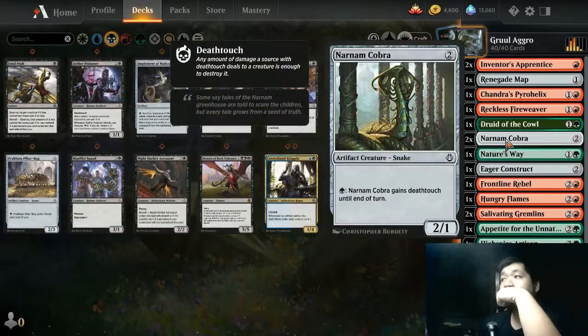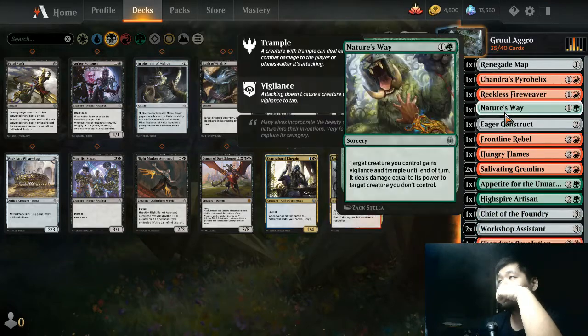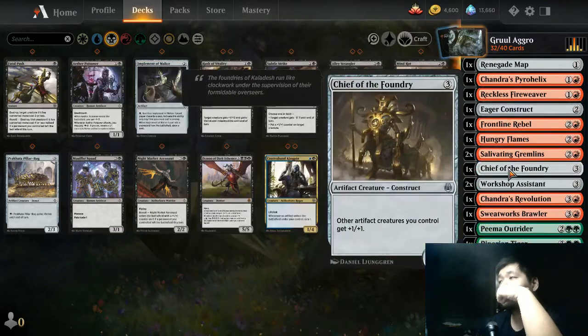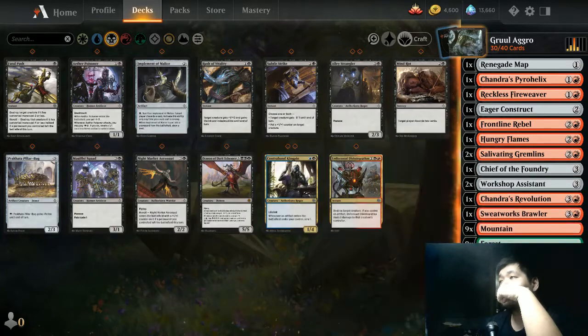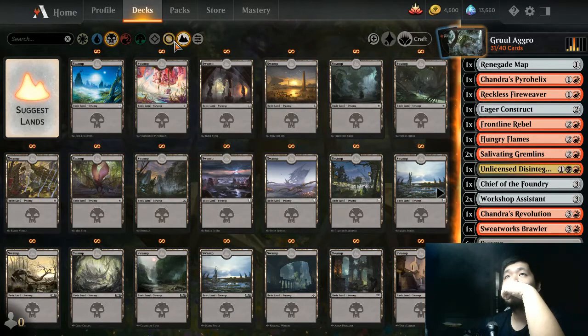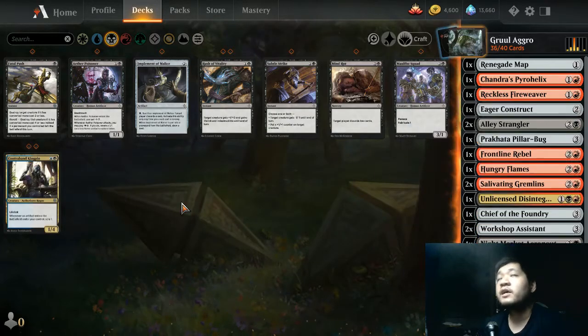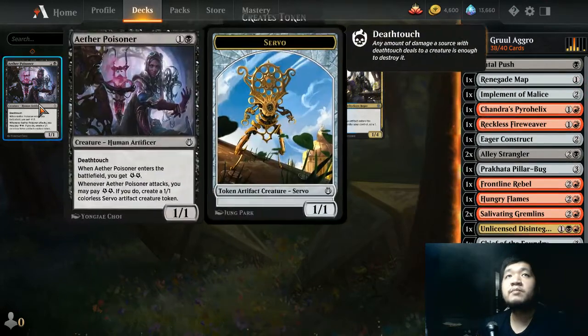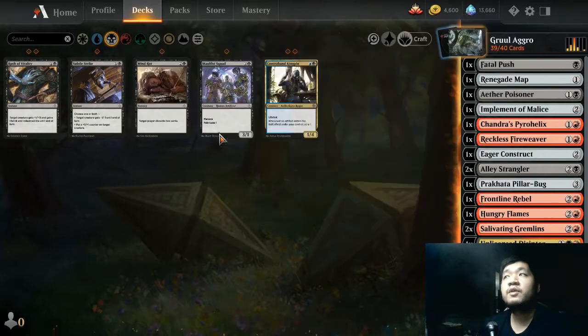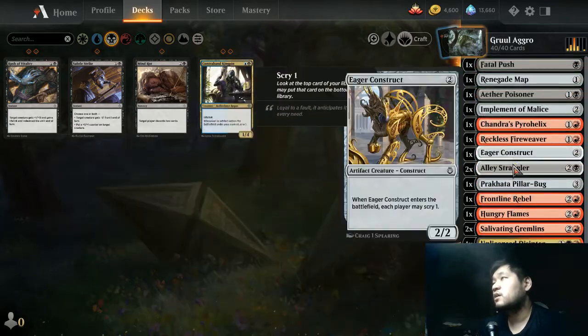Okay. So I like the Narnam Cobra, but that didn't really pan out, so let's turn on land suggestions again. Okay, so this time we're gonna use black instead. I think black might be better. Do I want Malphus Squad or Subtle Strike? I think I want another creature. Yeah, we're gonna switch it out to this one. We cut the...